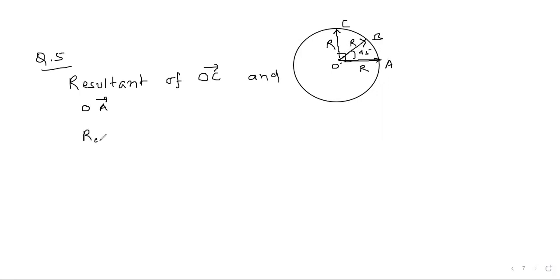Suppose we write here AC in notation. It will be R square plus R square, so it will be R root 2. Since the two vectors are equal, the direction of their resultant will be at 45 degrees, and the third vector is at 45 degrees. So net result